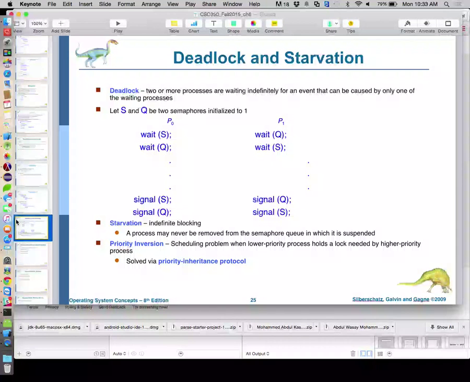They never actually are able to grab the resource, because every single time they check back, it just happens to be in use. That would be the idea of starvation, and we don't want that to happen. We want everybody to ultimately get access to the resource they need.